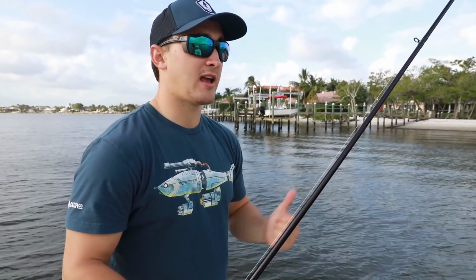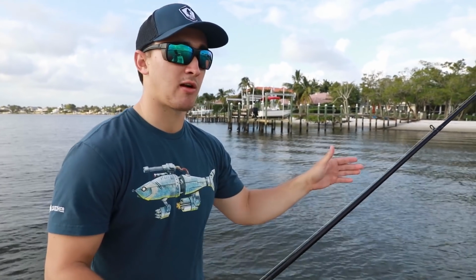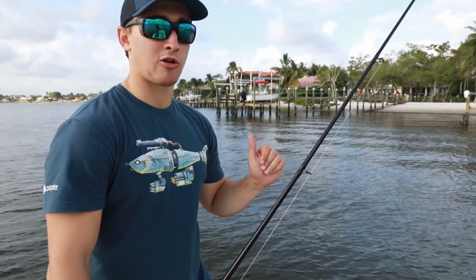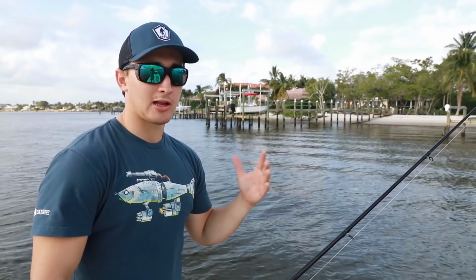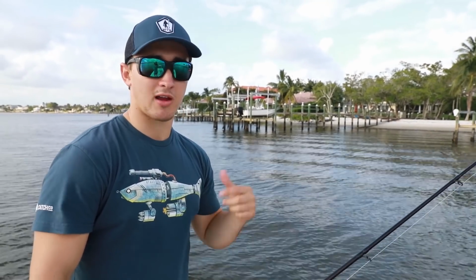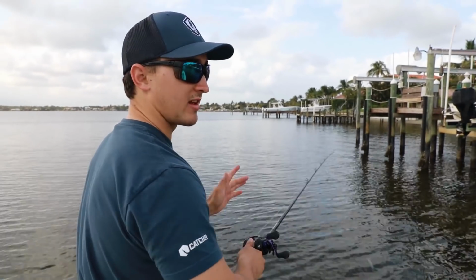And it's a good variation between throwing something where you're specifically targeting docks, where this, I like to call it a search bait. We're covering a ton of water, making a lot of casts, we're moving at a good pace, and so it's not super slow fishing, but you're still covering water and catching fish. So a lot of times when I'm fishing a jerkbait around docks,